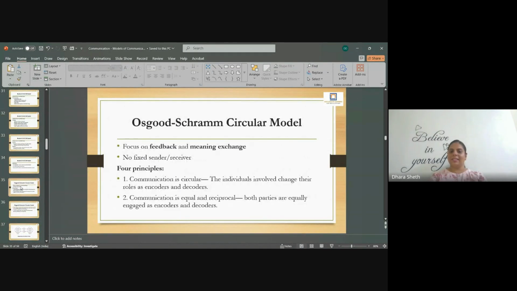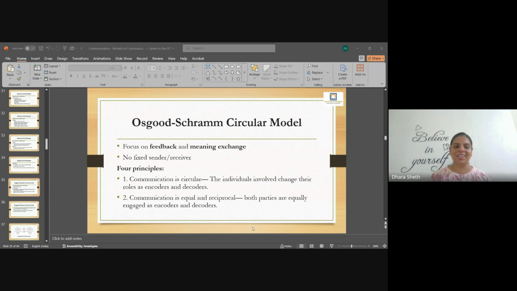Now, after this, let's go to the transactional models. So far clear? The reason for teaching these models is not that you will get questions from it, but the terminology which comes when you have to solve questions either from mass media or classroom communication. These are the terminologies that you need to know: entropy, redundancy, encoding, decoding. If you know that this model has noise, this does not have noise, and which of these models is applicable to classroom communication.